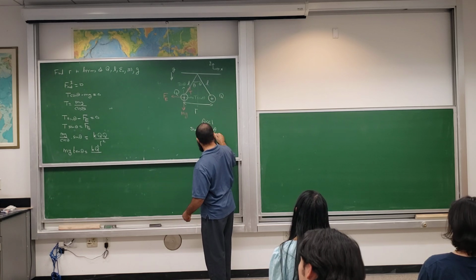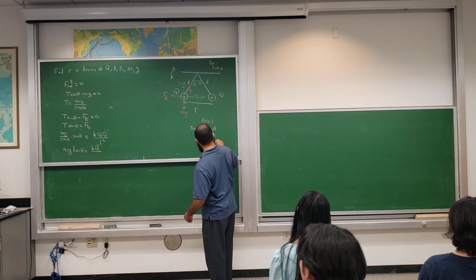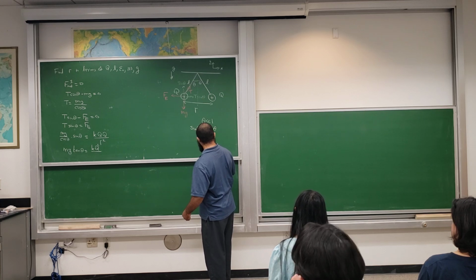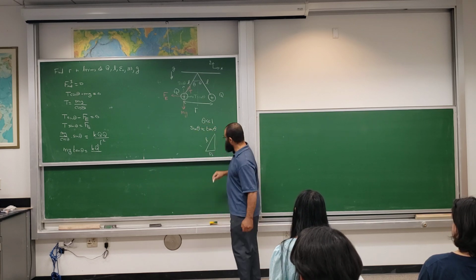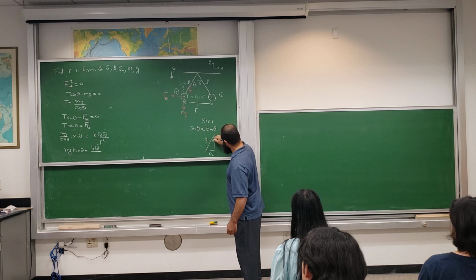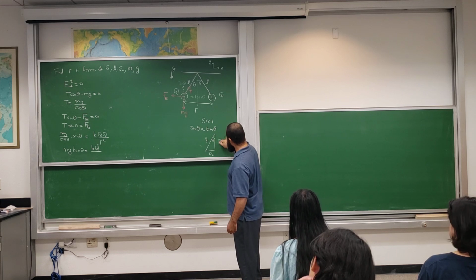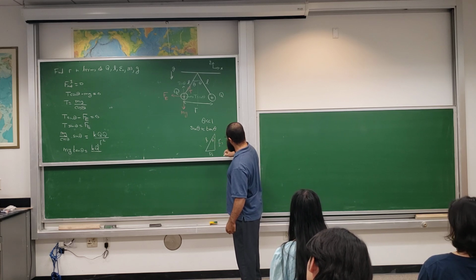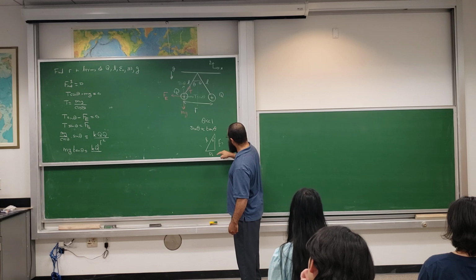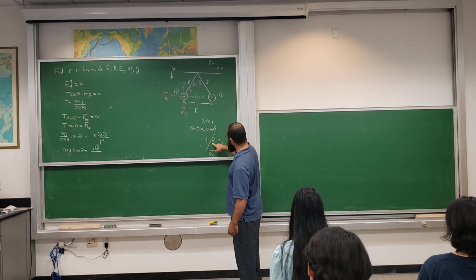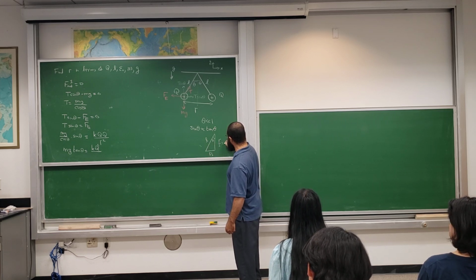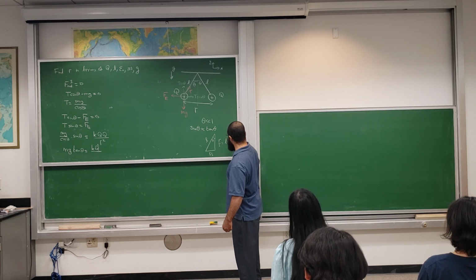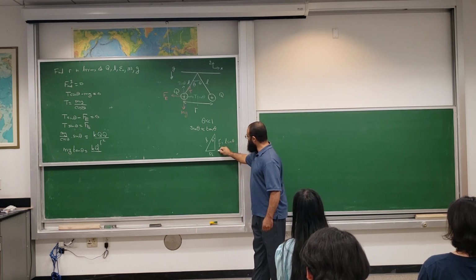So here is L. This is R over 2, and this is theta. So R over 2 over L is equal to the sine of theta. So R over 2 is equal to L times the sine of theta. So R